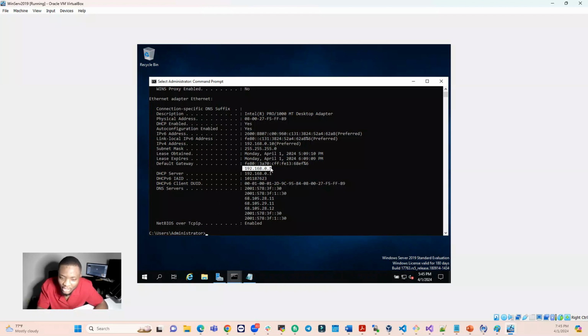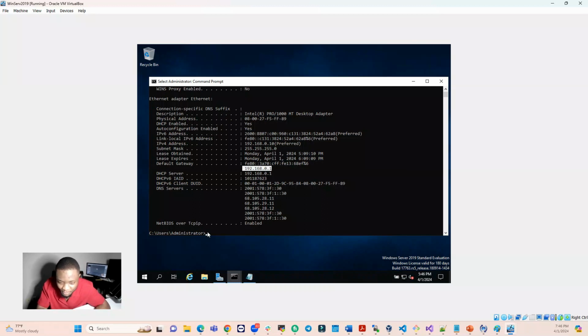In the course of this network that has been given to us, 192.168.0.1 and a gateway of 192.168.0.1, we have valid IPs of 192.168.0.2 up to 192.168.0.254. So we are going to pick a valid IP address within that range to configure our